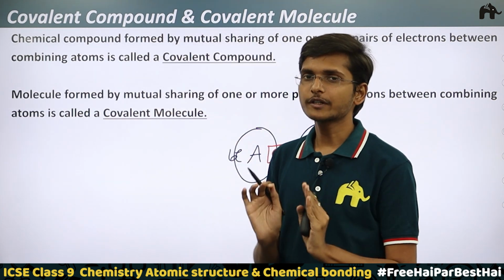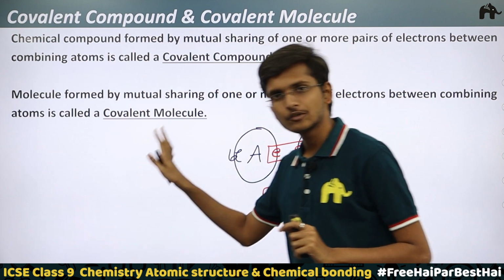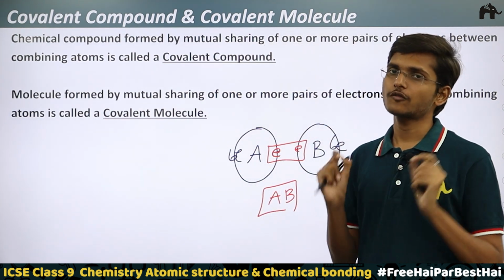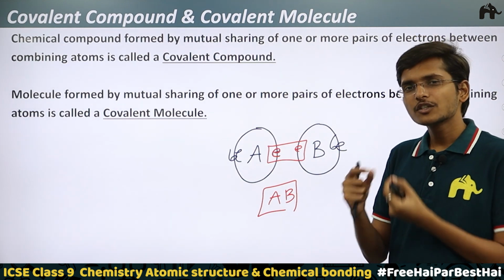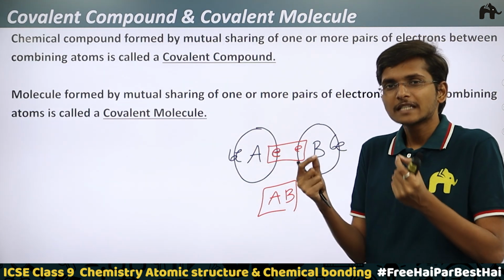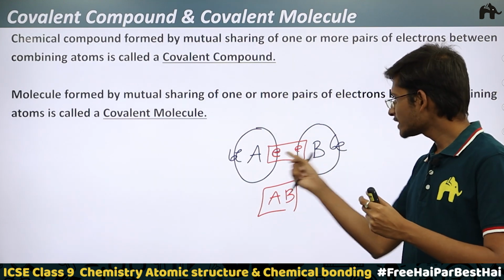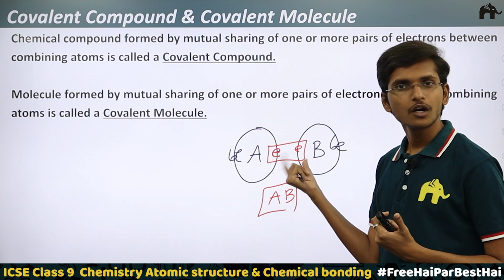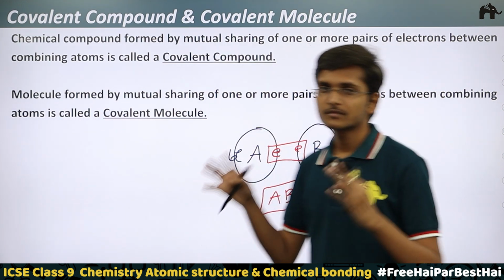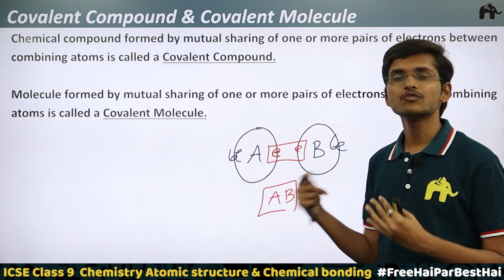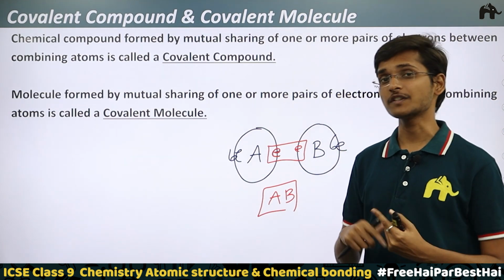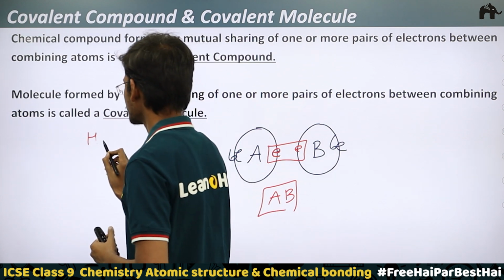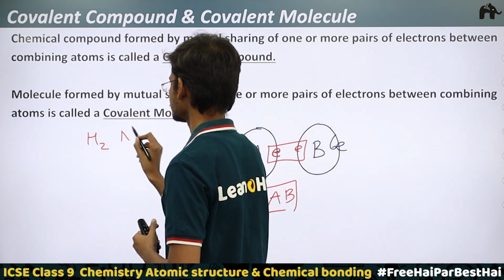I am telling you that in those species there is a presence of covalent bond, which means the atoms are combined by the mutual sharing of one or more pairs of electrons between the atoms. Now tell me, out of these species, which are covalent molecules and which are covalent compounds? Be careful. So here I am writing,